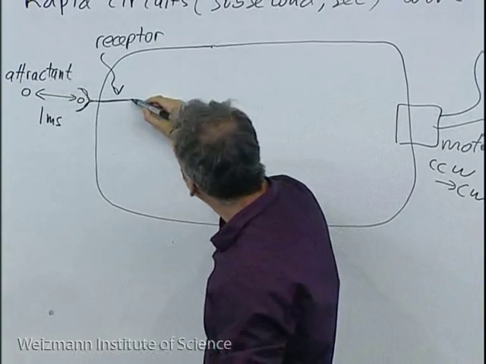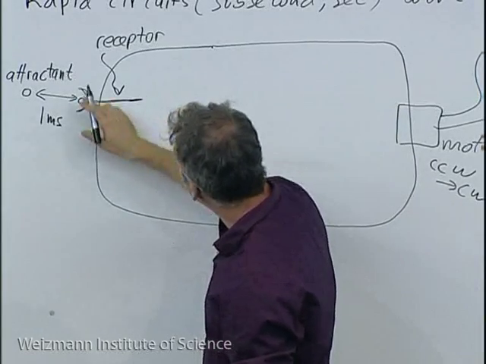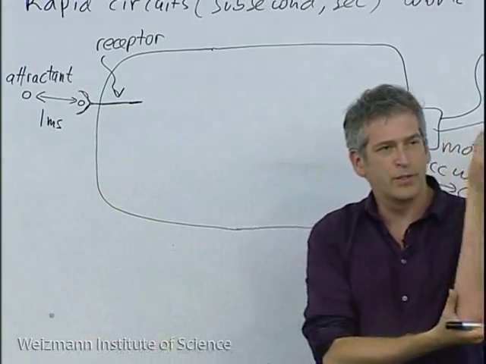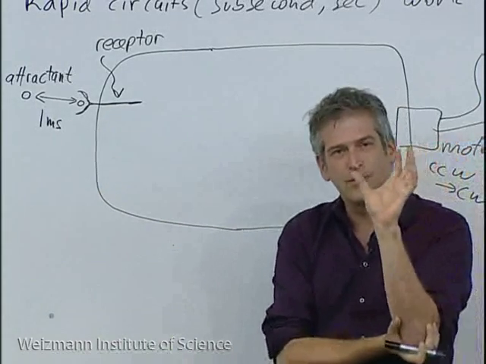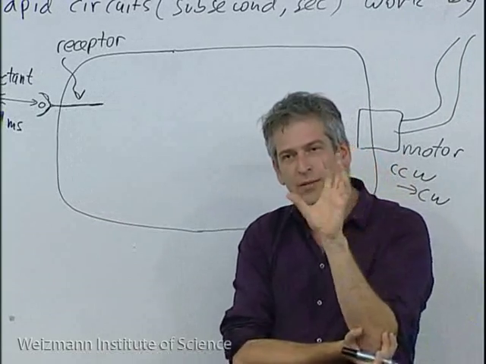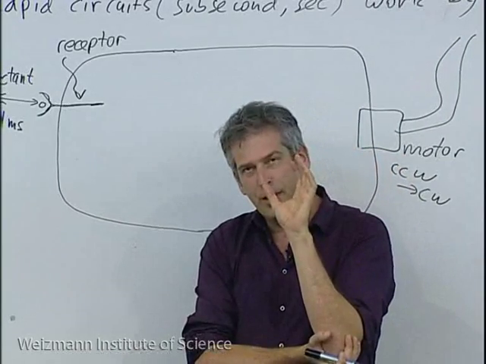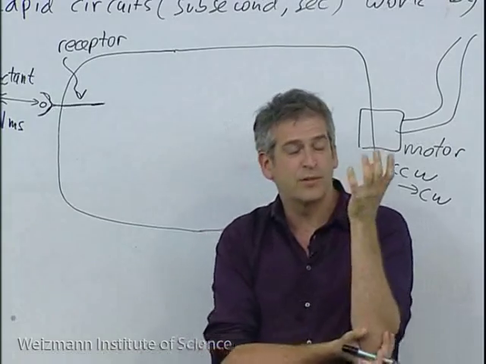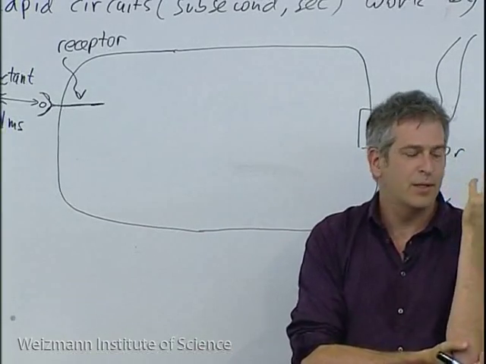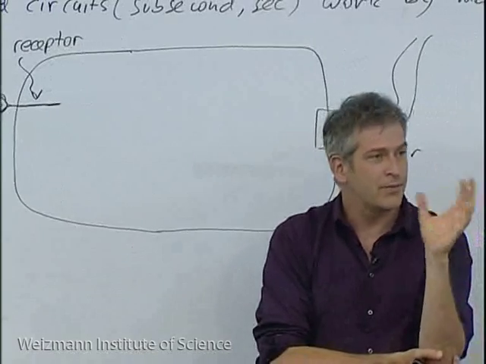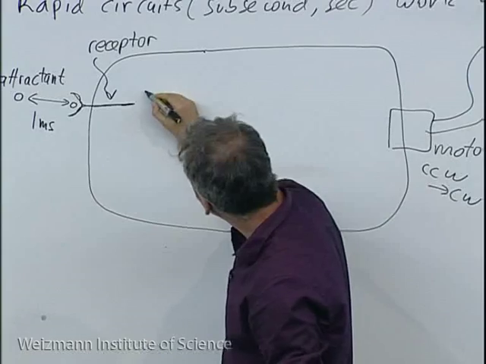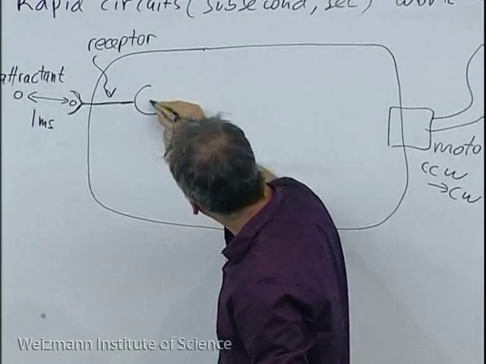How does this work? This receptor is built like a machine. Inside, when it binds this attractant, it undergoes a conformational change, something important to know. Those proteins, in general, a lot of them, exist in discrete states. And they transition between these states on a very, very fast time scale, microseconds. And these states can be active and inactive. So in this case, the receptor is connected